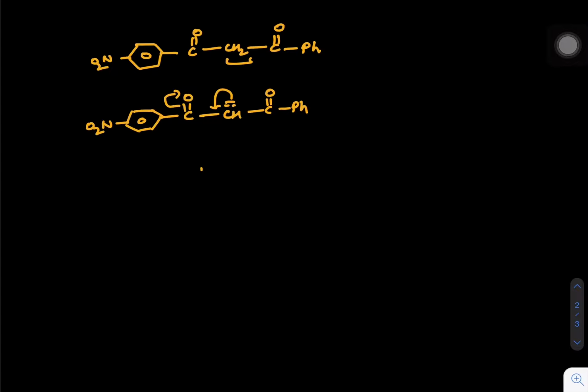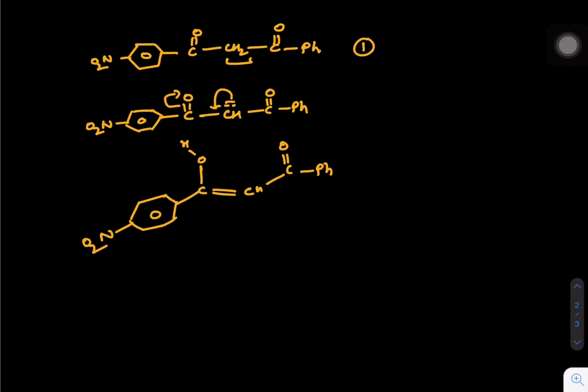So the whole structure could take this kind of shape. OH, carbon is getting double bond CH, C=O Ph, and we have here a ring system with NO2, which is stabilizing the whole enol content. So remember, we'll say this is the best thing. If I compare this with a normal structure, where Ph C=O CH2 is given with a Ph, I can say this is the second one in the sequence.